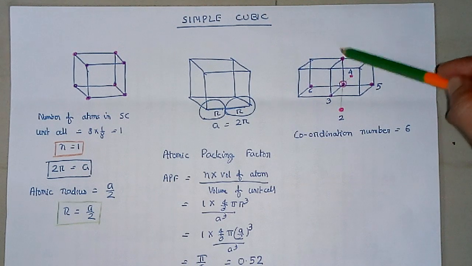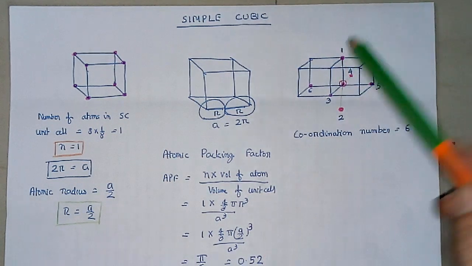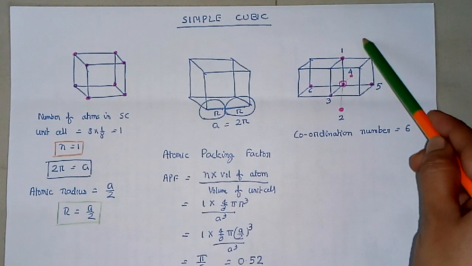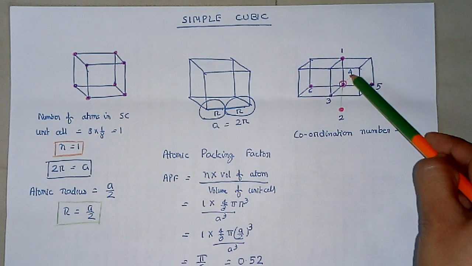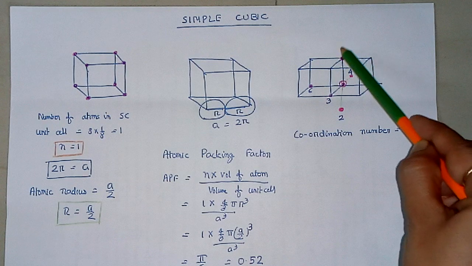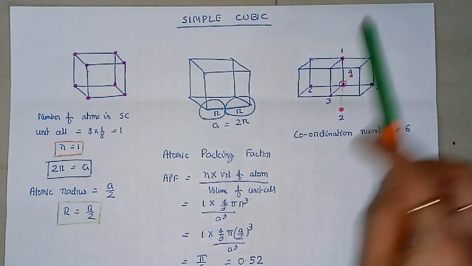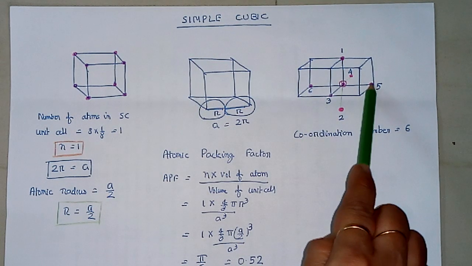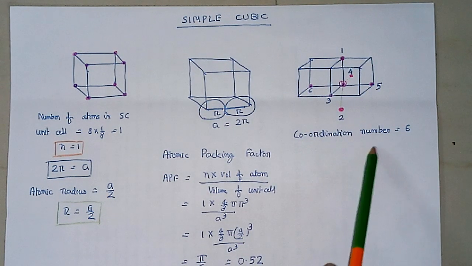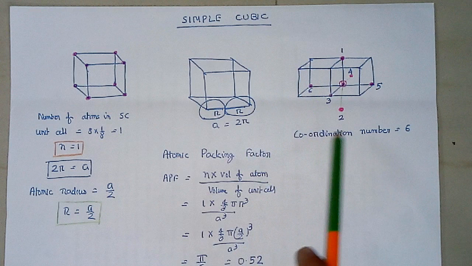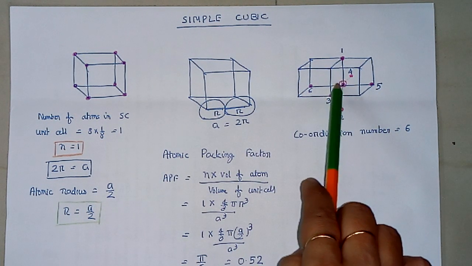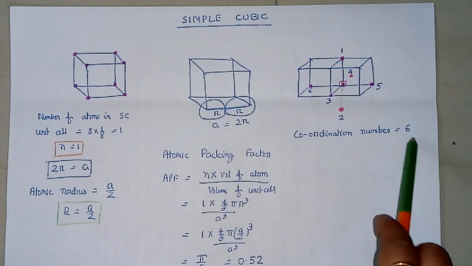So this is the first one and 2, and this is also one of the neighbors, and also behind this another unit cell is there, so you will get another neighbor behind this. So 1, 2, 3, 4, and again you can see from this figure, one neighbor is here and another neighbor is here. So total coordination number equals 6 for this simple cubic lattice. That is, the nearest neighbors for any atom inside this simple cubic lattice will be equal to 6.